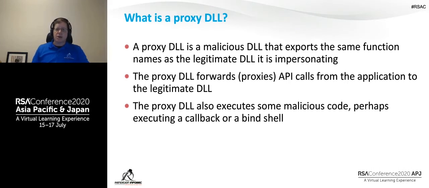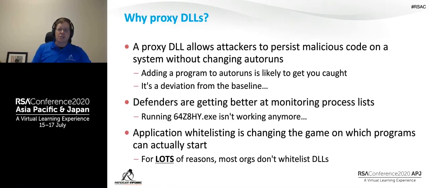my consultancy. So the proxy DLL can execute any malicious code. It could execute a callback. It could generate a bind shell. It could do any malicious payload here. I'm not going to get into the payloads because payloads are a dime a dozen. What we're really talking about here is how do I get the payload to execute on the target machine? Now, in the case of privilege escalation, you probably want to do something after the fact to maintain that privilege escalation. So why proxy DLLs in the first place?